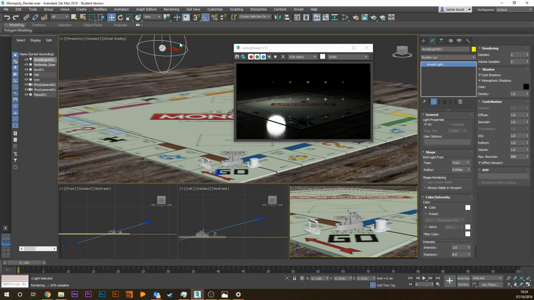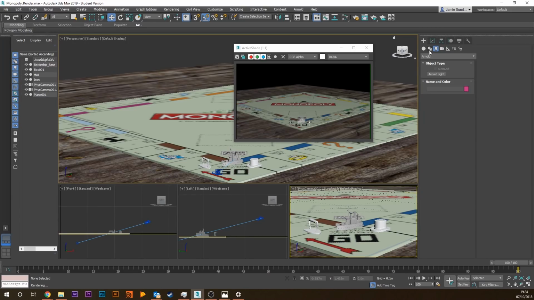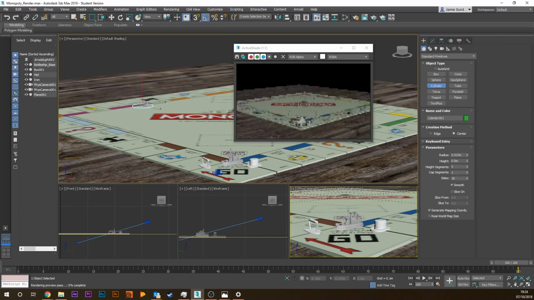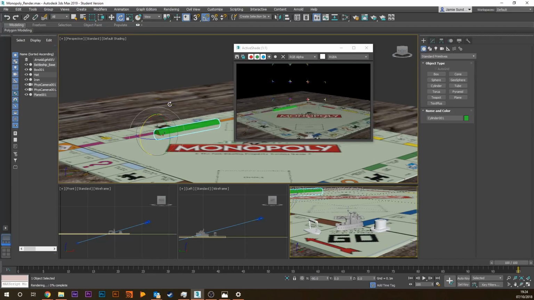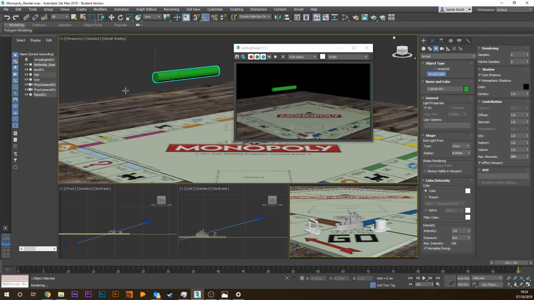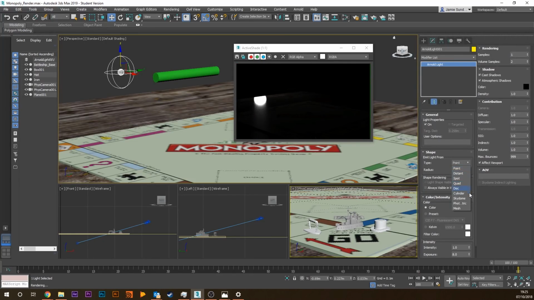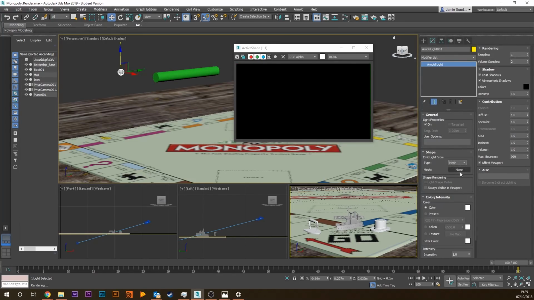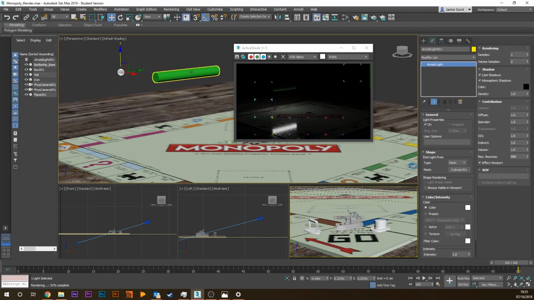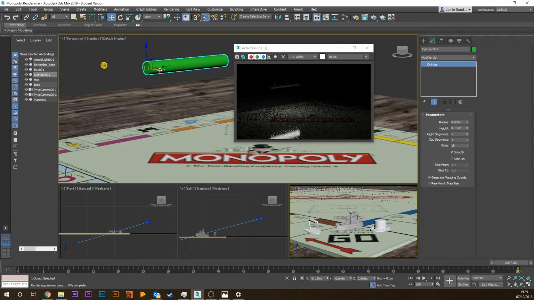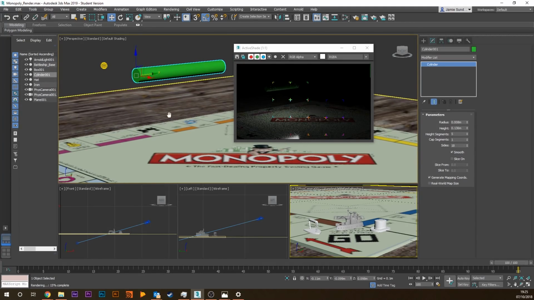So I'm just going to kind of quickly tell you how to do that. So say in your project you're making an LED or something, like an LED cylinder. So I'm just going to quickly make a cylinder. Now what you can do is you can make a light, an Arnold light, click it into the viewport, and then change it to a mesh light. Then the mesh that you click, you get an option here, you click it, and then click the shape. Now what that's done, so this is now a light source,